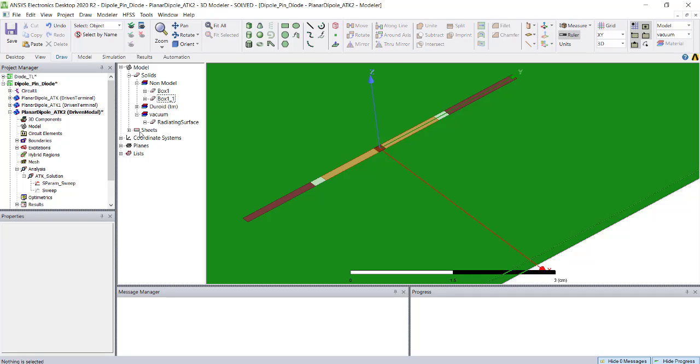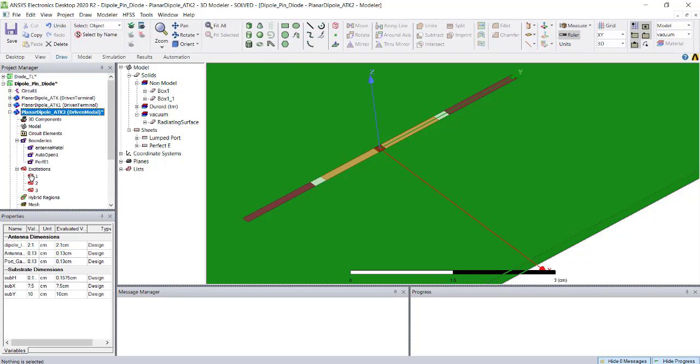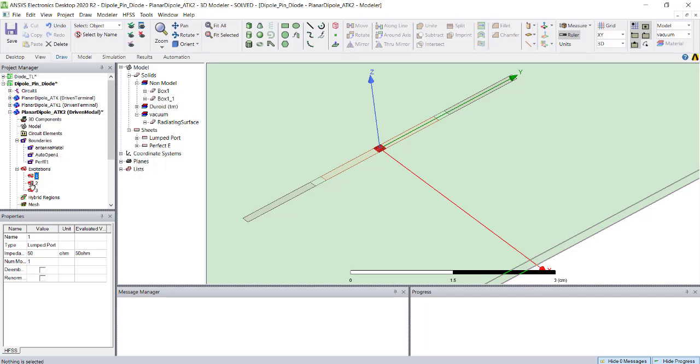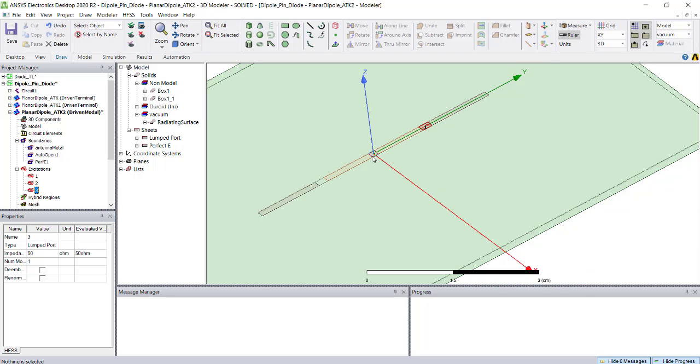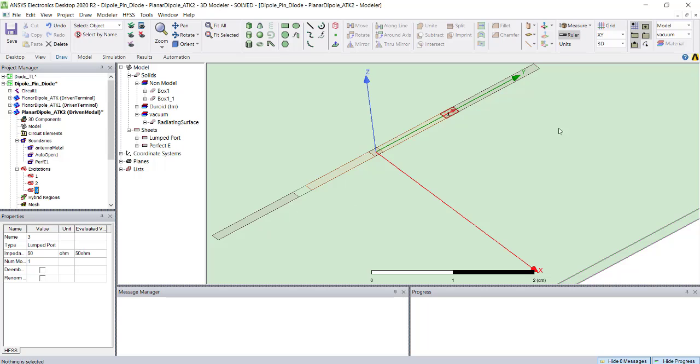And what you can see is there are three ports in the excitations: port 1, port 2, and port 3. The interesting part over here is there is no proper ground setup. If you assume this is a port, one end will be ground and the other will be the signal, or the diode signal will switch here and there. And in RF, there is no point in talking about the ground. Depending on the phase, it will vary here and there.